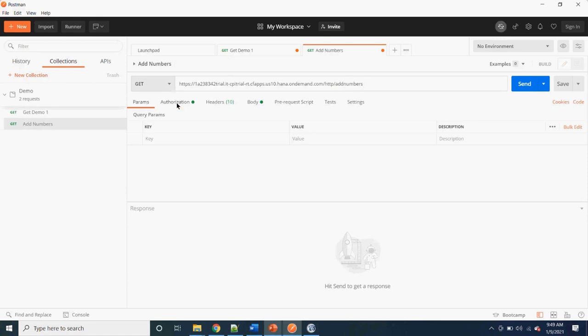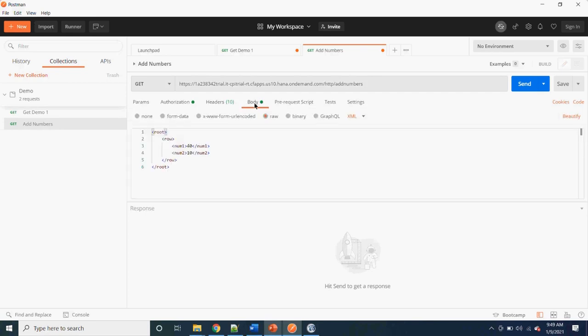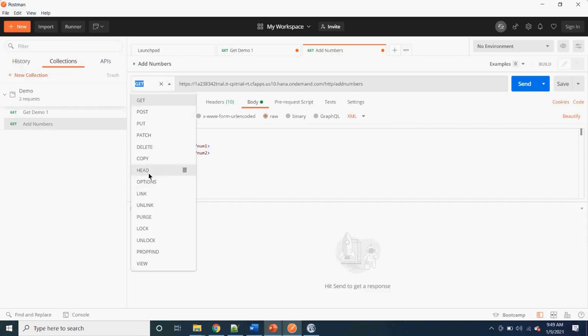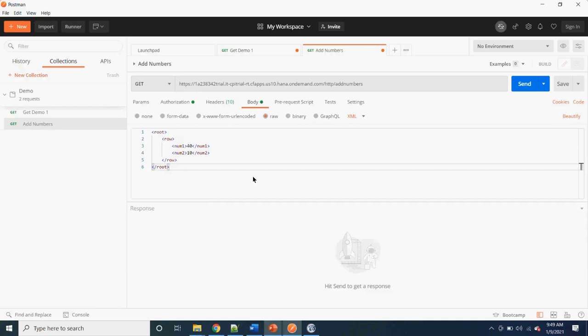We have multiple sections over here. We can add parameters, authorizations, headers, body. We'll see what these parts are in the upcoming session. Mayank: We can use SOAP-UI also for the same purpose, right? Yes, you can, but Postman is better when we want to access HTTP requests. We have multiple operations here. For SOAP services, SOAP-UI is better. But when it comes to HTTP services, we have a lot more operations over here. Okay, SOAP and REST-based services.